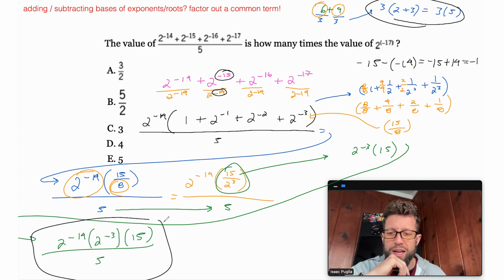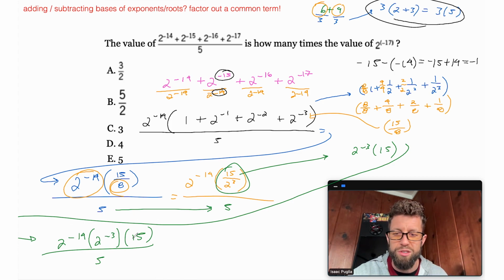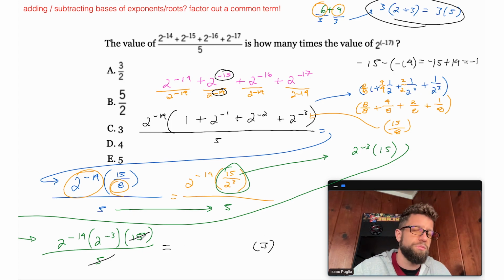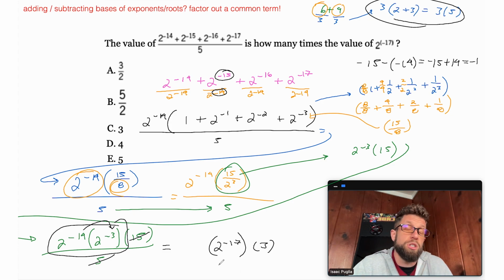Now at this point, I've got some really good news for myself, which is I can start combining certain terms and canceling out other terms. So for example, I can cancel the 5 and 15 with the 5 in the denominator, and then I get rid of the fraction, which is always nice. And I've got a 3 hanging out over here because 15 divided by 5 is 3. What I can also do is multiply by the same base here, and remember that I'm just adding the exponents when I do that, and so I'll wind up with 2 to the negative 17th times 3, which is fantastic